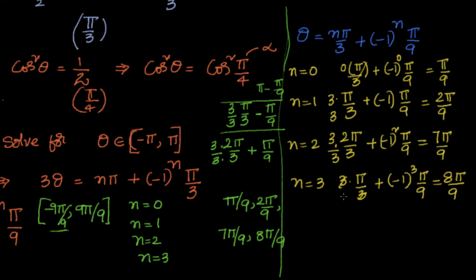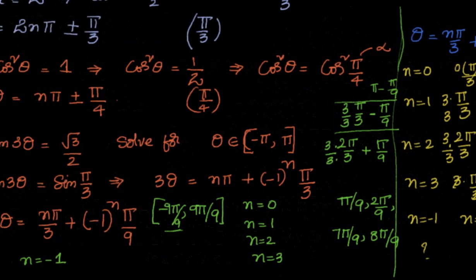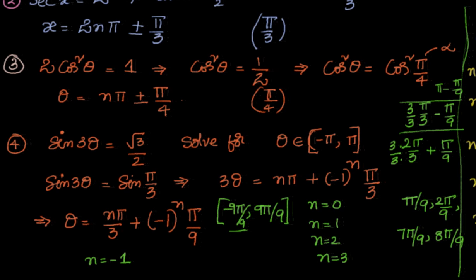So you can see that now I have done only for the positive values. You can take n equal to minus 1, n equal to minus 2, n equal to minus 3 and see what values you are getting. If the value is between minus pi and 0, you can include these values also. So if we have been given an equation to solve, we will take the general solution, then implement it for different values of n, based on the boundaries given, and we will get it.